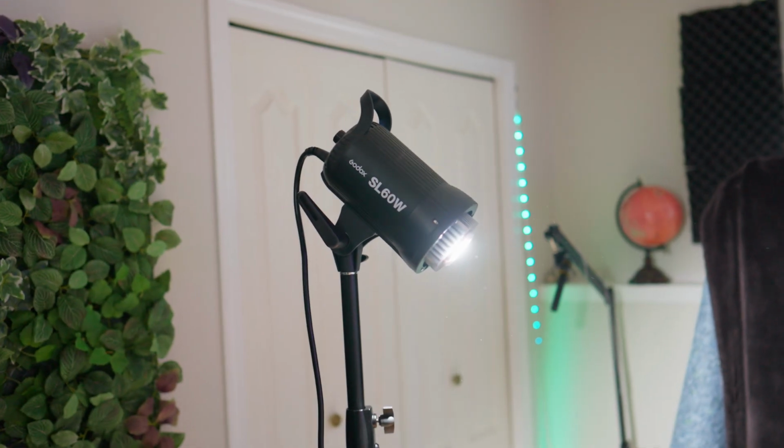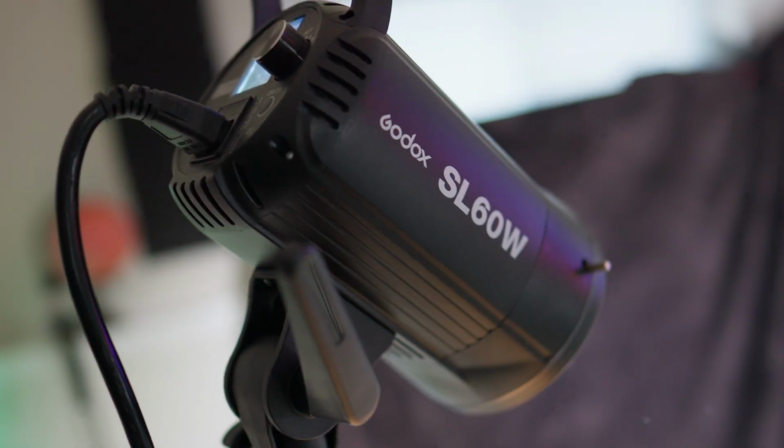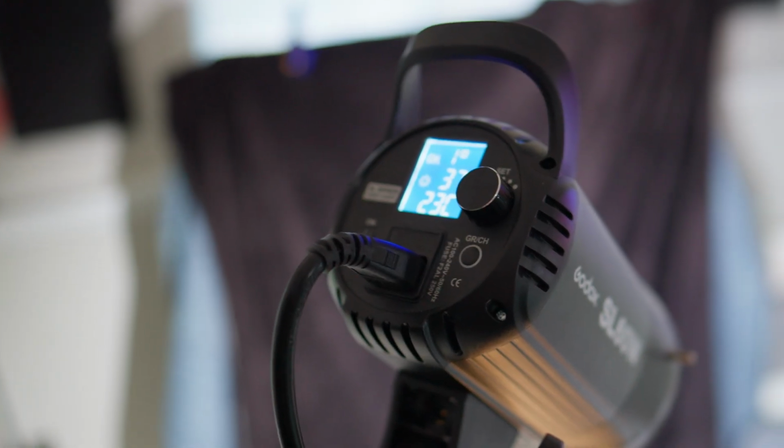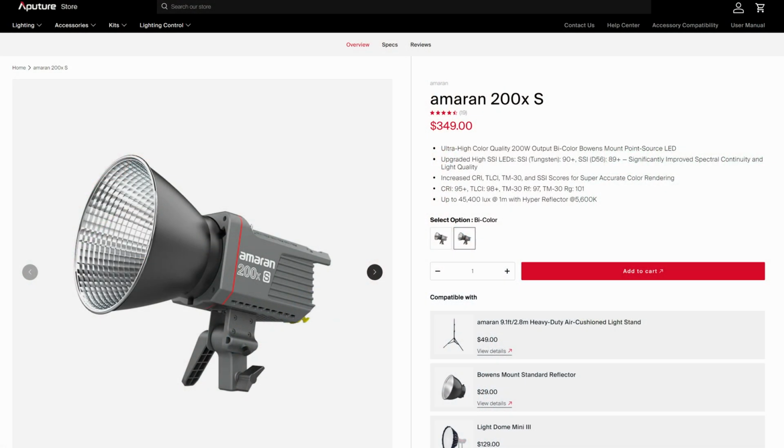So I recently picked up the Amaran 60x. Now my goal has been to upgrade my key light. I've been rocking the Godox SL60 for quite a long time and I don't really have any complaints with it, except that it's not a bicolor light and sometimes I want to warm up the shot a little bit, you know? Now I've been considering upgrading to the Amaran 200 to get a little bit more oomph, but I